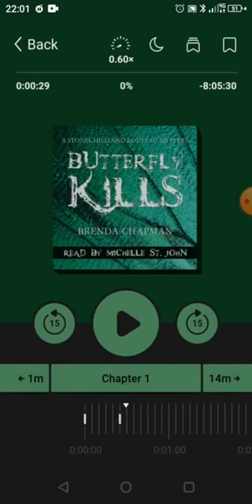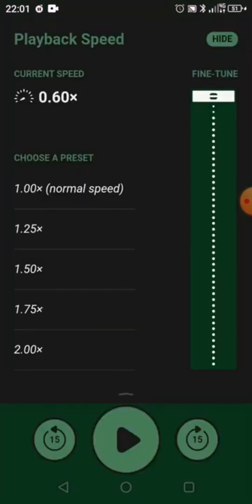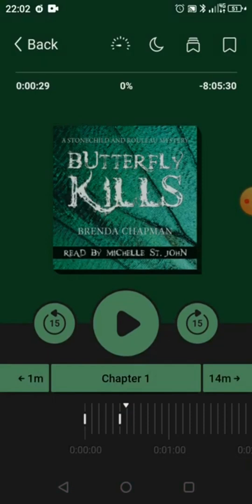This is a great feature if you find your narrator is talking too slow or too fast for your comfort level, or if you're rushing to finish a book on time. Let's switch her back to normal, and we'll hide that. You can also, using the moon,